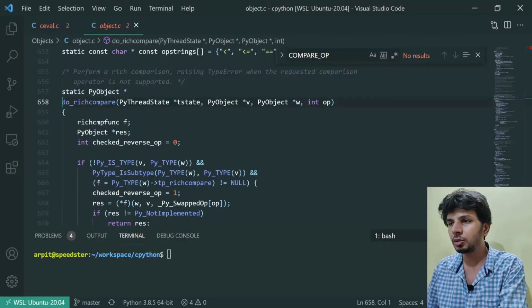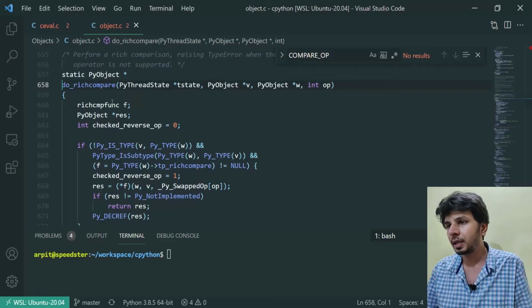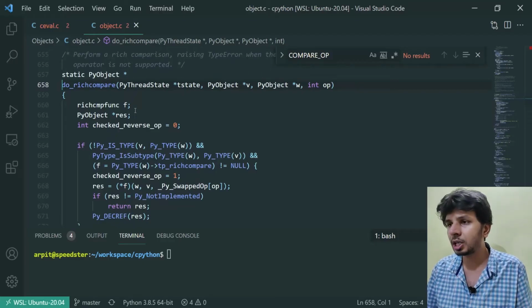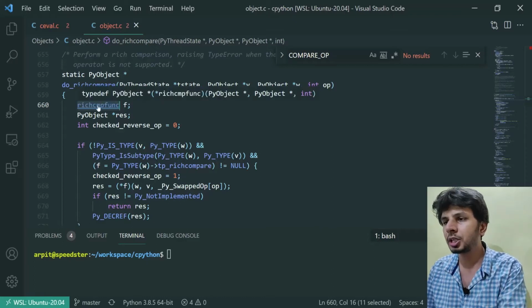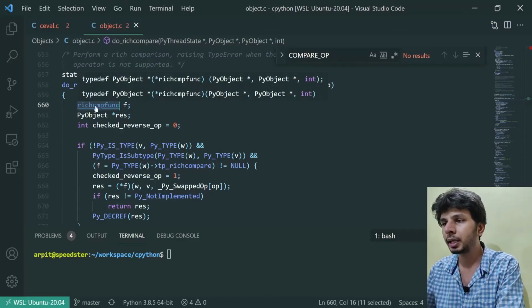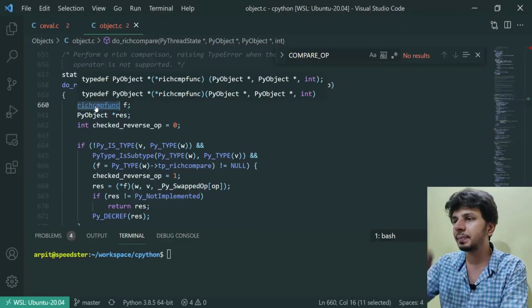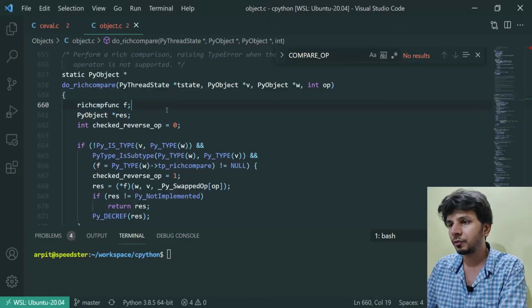So let's go into do_richcompare and see what it does. It has the arguments and all. It has this richcmpfunc f, which looks like a function pointer that accepts two PyObjects and an integer, and returns a PyObject. Fine.